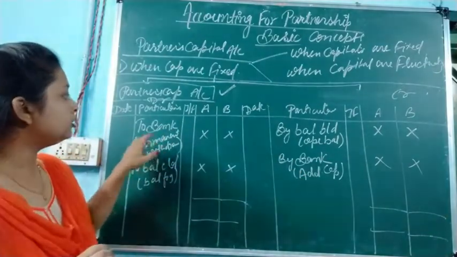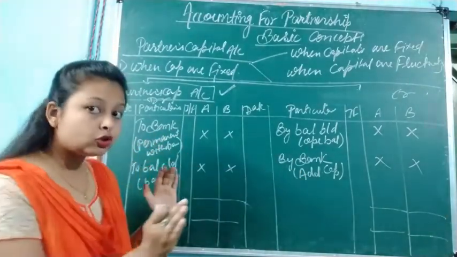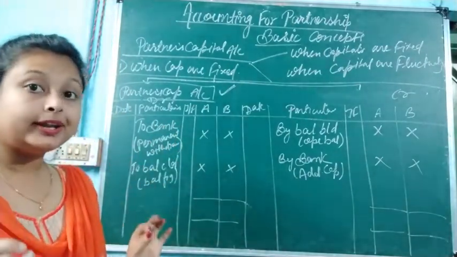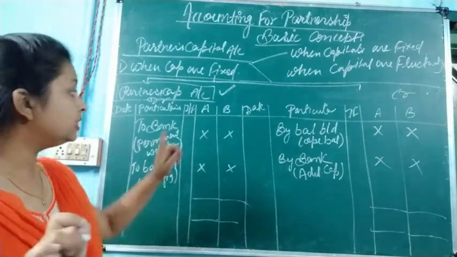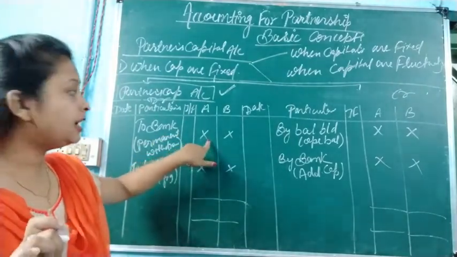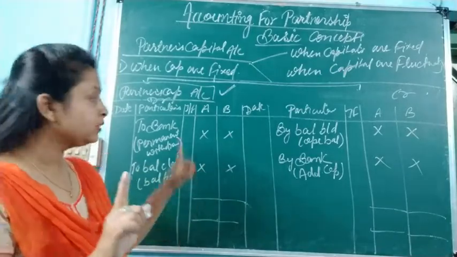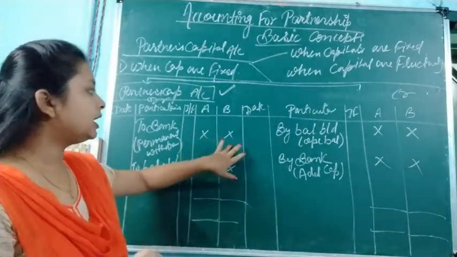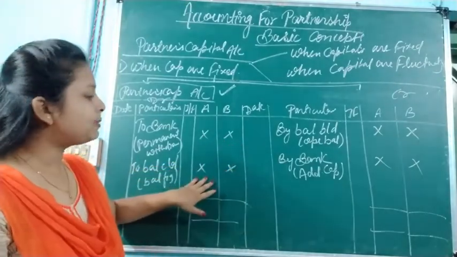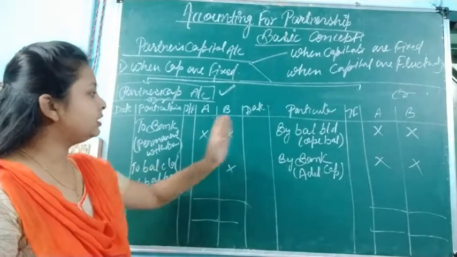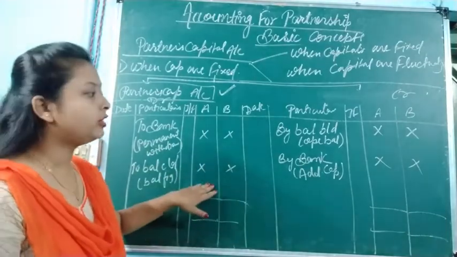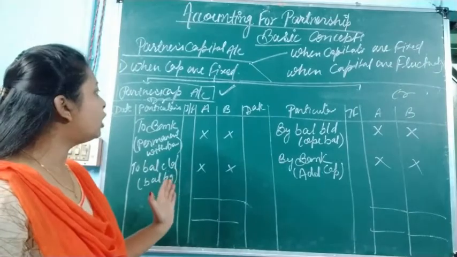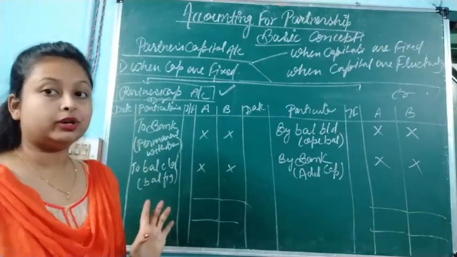Now what are we going to write down? If there is a permanent withdrawal of capital, listen carefully, only that will be written here. And I think that in your course that is not there, so any question related to that is not given. That's what I am telling. If it is given, then we write that down. Otherwise, the balancing figure will come, so balance the amount and write balance c/d. I think this partners' capital account is clear to everyone.